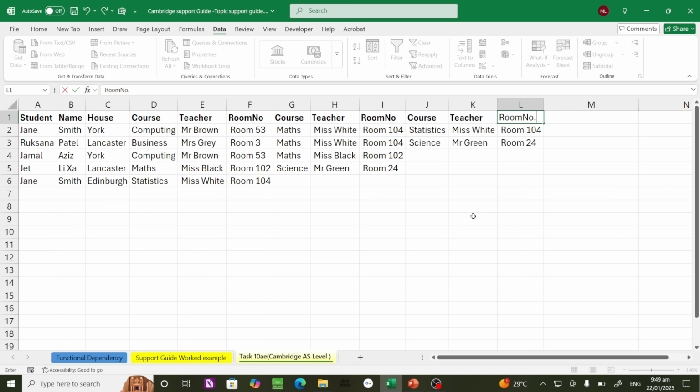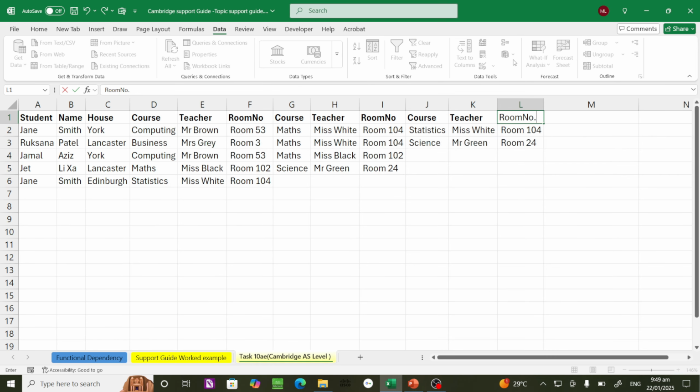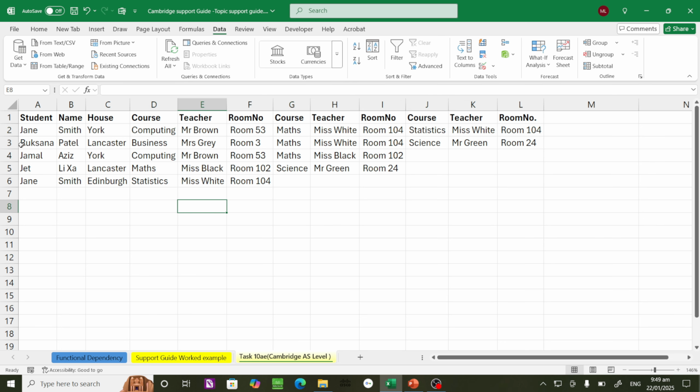All right. So once we've done this, we notice that this here now has atomic values. But if we go back to the rules of normalization, it mentioned that a database in 1NF has no repeating fields. So if we look here, we notice that these fields here are repeating. So we need to make room for this here by creating an extra space right down there so that we have the name of the students coming down after each other so that we cater for that first rule of